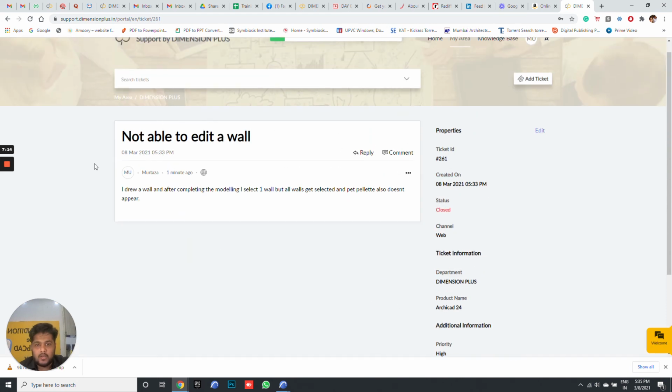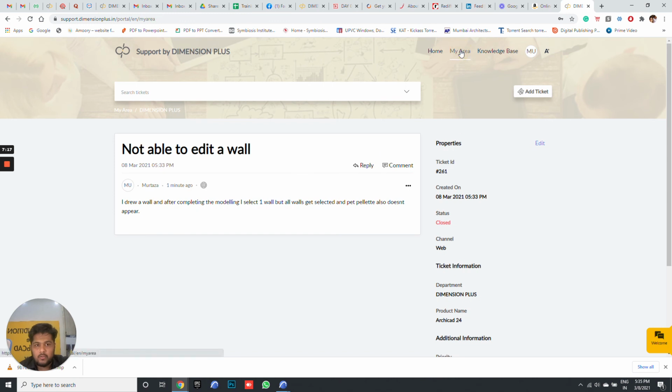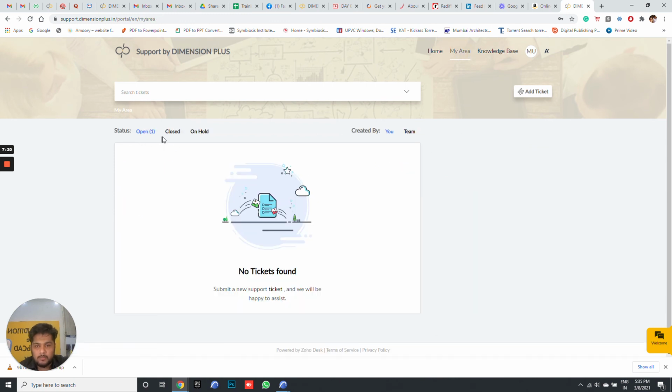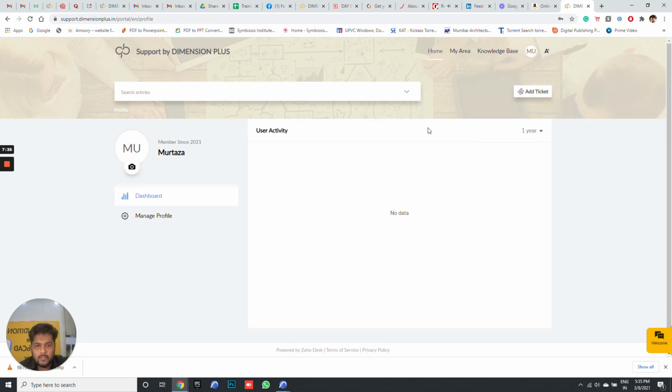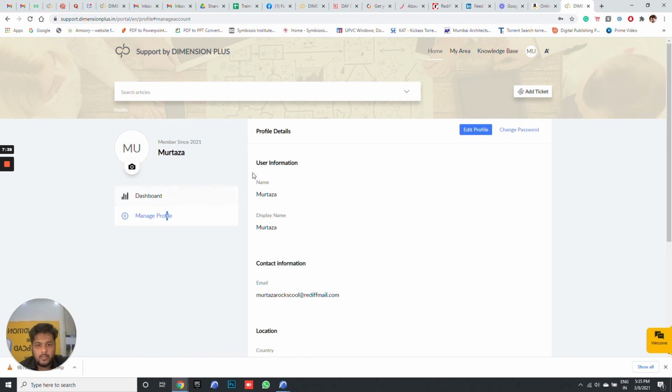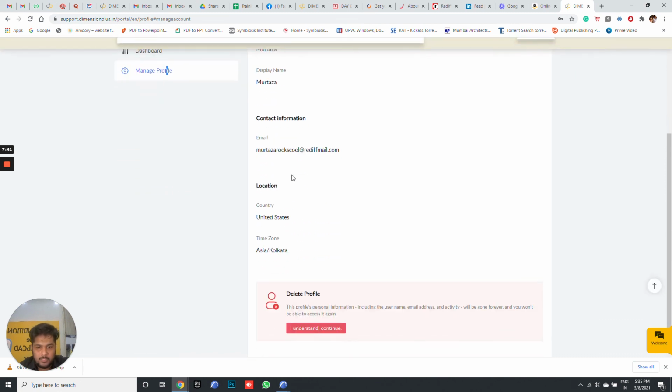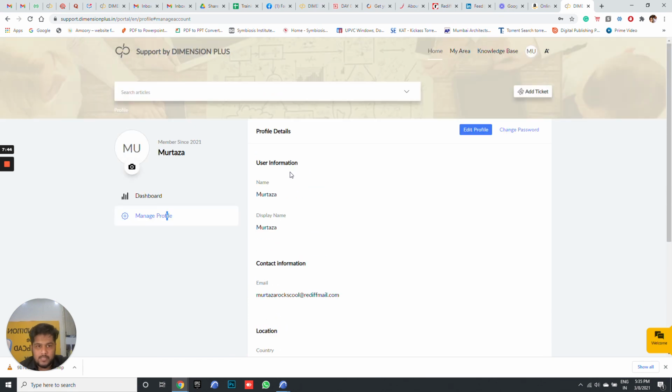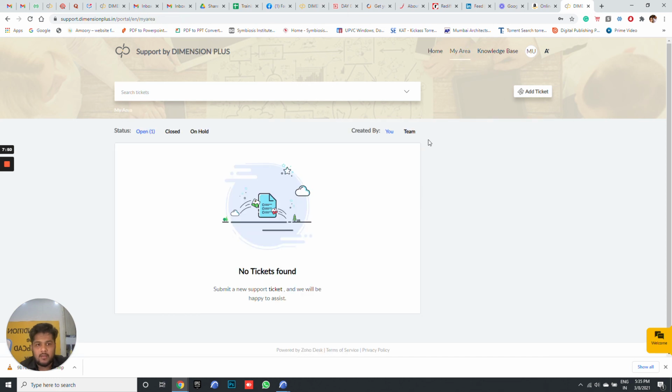So you will have a record of how many tickets you have created. Now when you go to my area, you will see which are the open tickets, closed tickets, and on hold tickets created by your team. Now this is important: in the backend we are adding all your firms. So if there are 3 people that belong to the same firm, they have to mention it in the user information, and we will keep them under the same base. So if your teammates have raised a ticket, you will see that in my area, and under team you will see their tickets also, and if you have the same issue, you can refer to that ticket also.